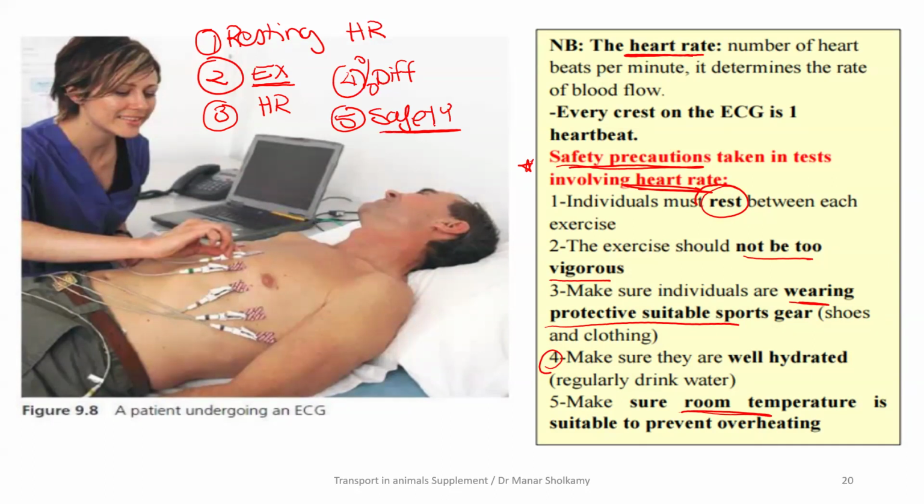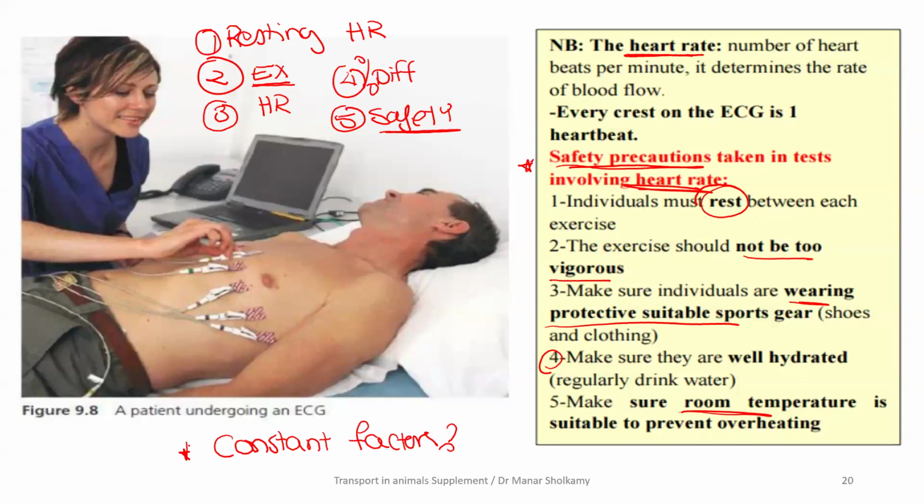Now, I have another tricky question for you. What are the constant factors in this investigation? Same person. Yes, very good. Perfect. I either use the same person, or if I'm going to use a group of people, they have to be the same age, the same gender, the same health status. I cannot compare the effect of exercise between students in year 11 and students in year 3. This is not fair, okay?